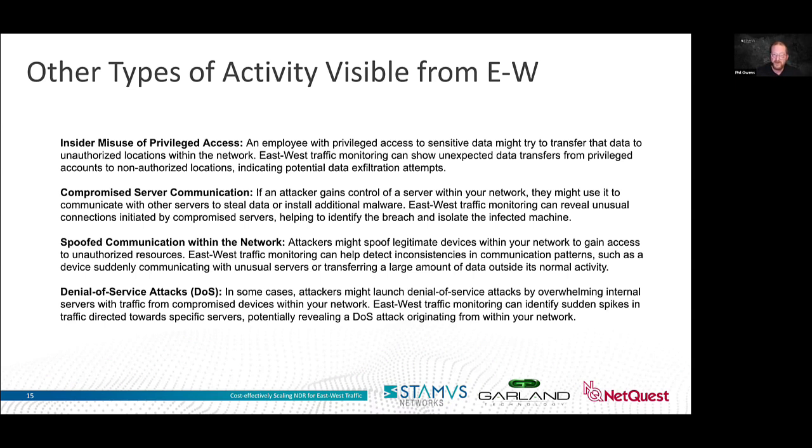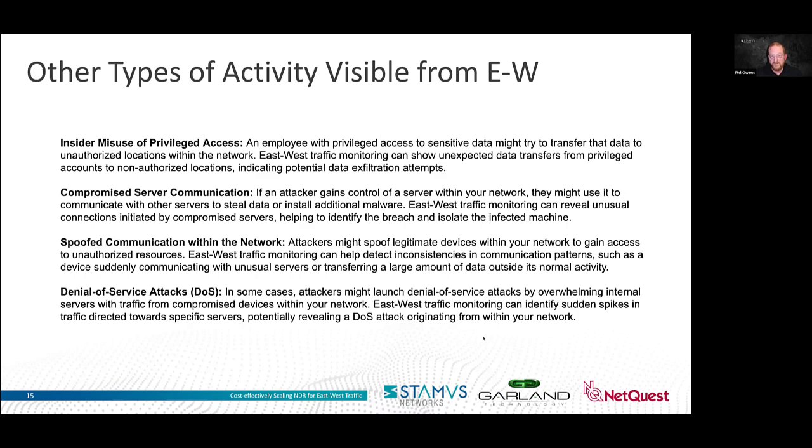So if the server starts to communicate, possibly doing scans across the network that it shouldn't be doing. Even spoofed communications within the network. So legitimate devices within the network gaining unauthorized access by trying to spoof network communications. And then also, once in, possible denial of service, maybe even encryption of data that could be happening from a piece of